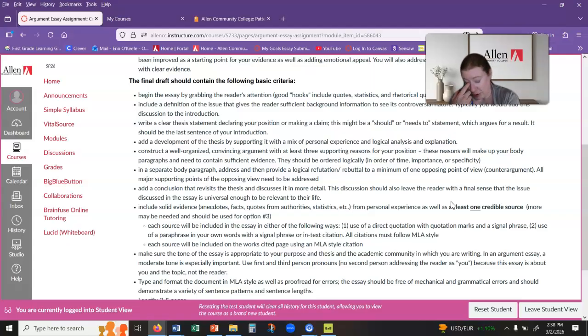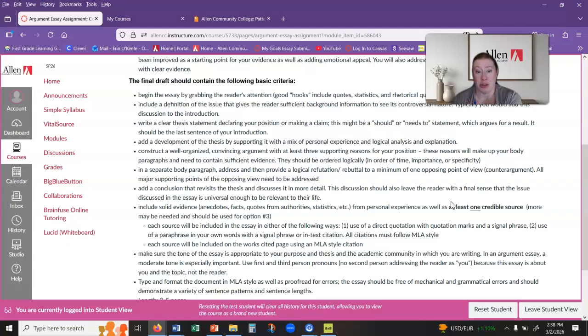So, if there's a particular brand of running shoe that you think every runner should use, then you want to do research on why that particular brand of shoe. Obviously it may be the best for you, but is it going to be the best for other people? And then we're going to do some research to see what's out there, who says that, what are they doing that makes their shoe different, that kind of thing. So then, pull it all together.